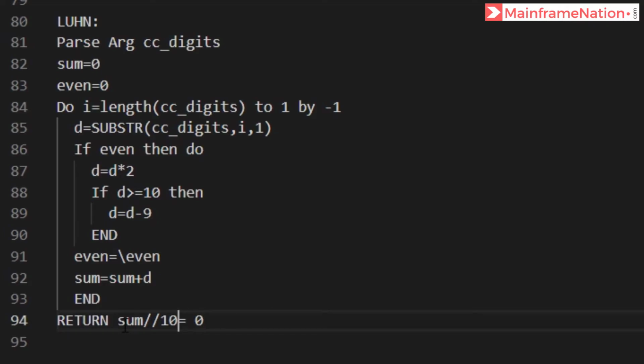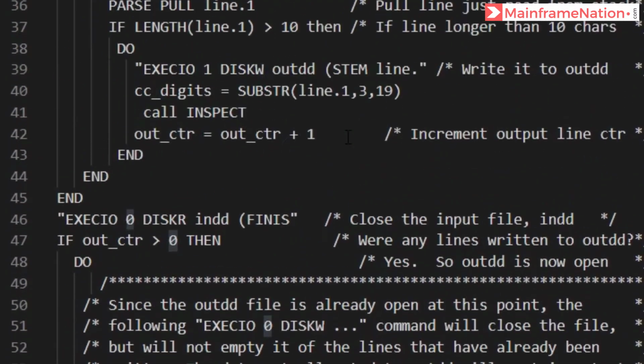So double slash stands for modulus. What is modulus? The remainder that is left after dividing by 10. So if 100 is divided by 10, then the remainder will be 0. So this statement will return true. If it is not divisible by 10, then this statement will return false. So double slash is the modulus function. So this is the code.